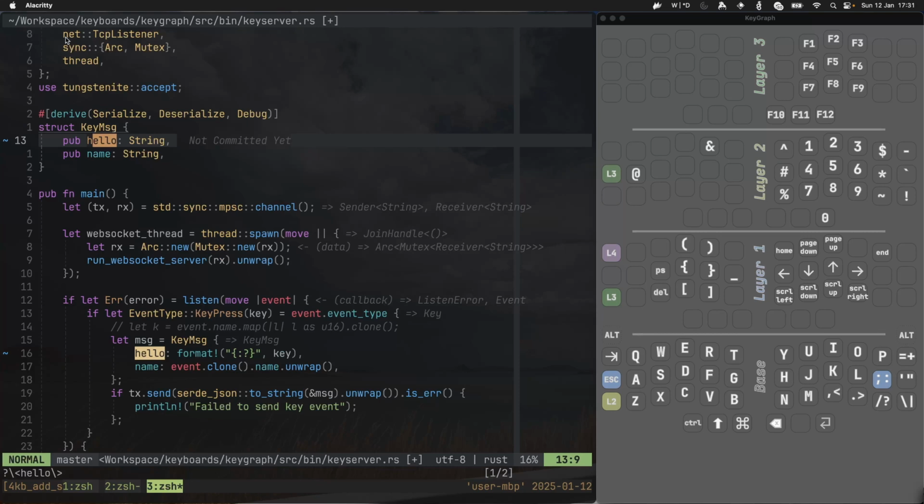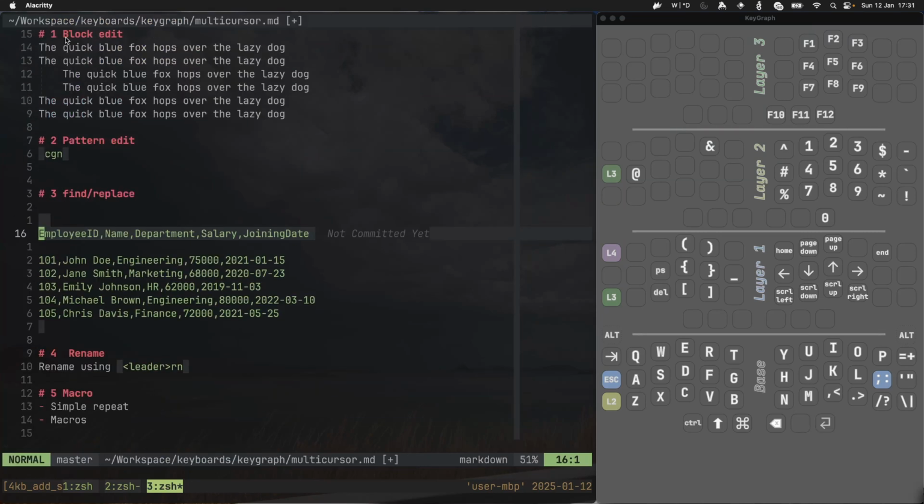And then finally, you have macros, and I use this very seldomly. It's only if I've got some bit of unstructured text where it's just not appropriate to use sed or something. I just want to quickly do something in my editor, then I'll set up a macro. The first one is technically not a macro. I just call this simple repeat, and so that is if you have a single expression command that you can